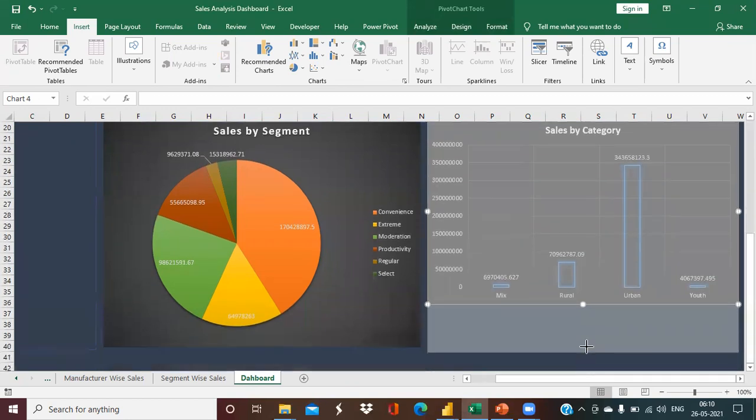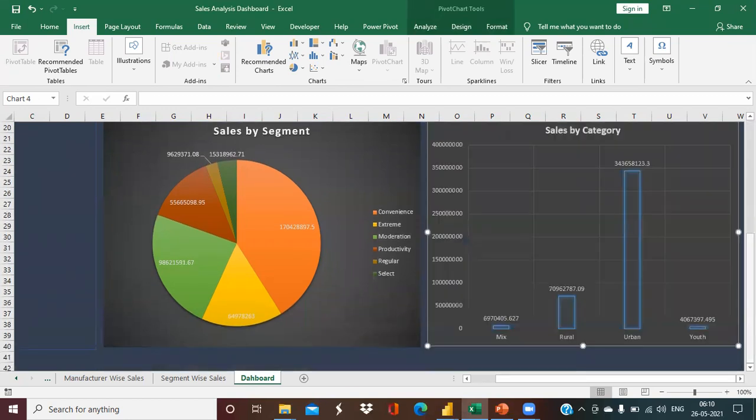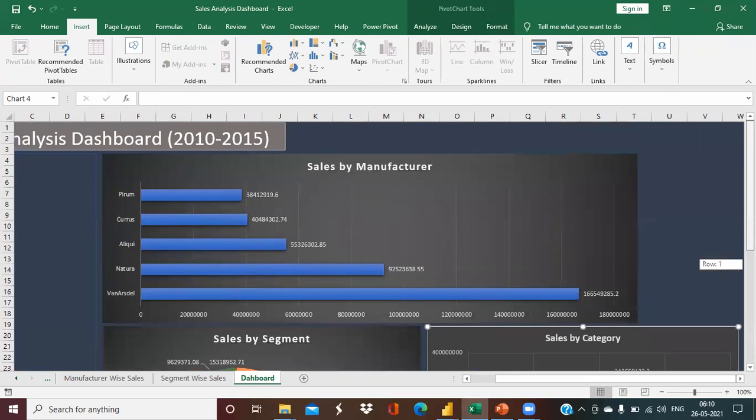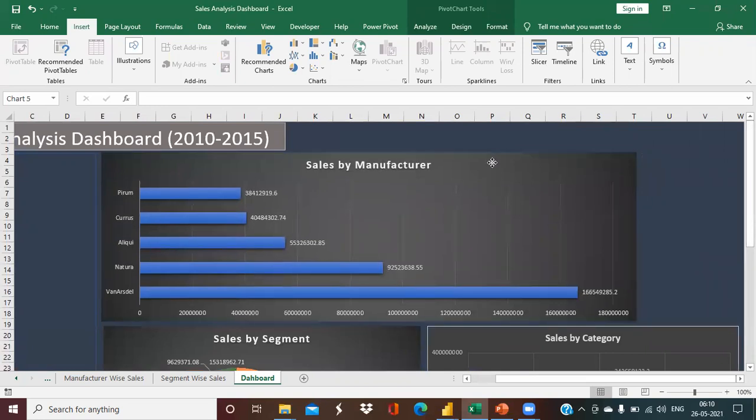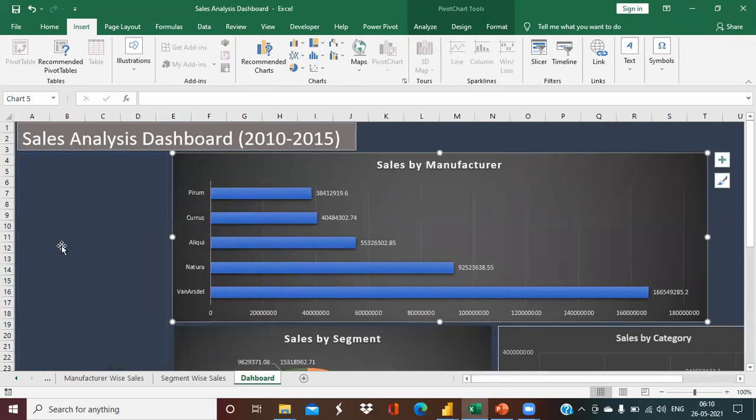I'm dragging this down as well. So for this small demo we have these three charts. If you have more, adjust them accordingly.